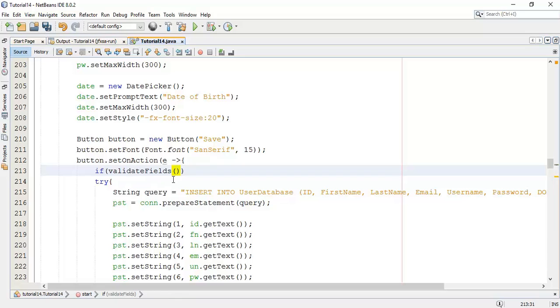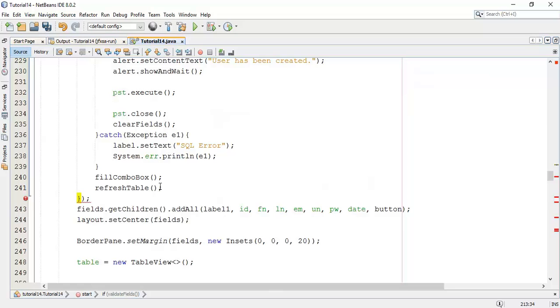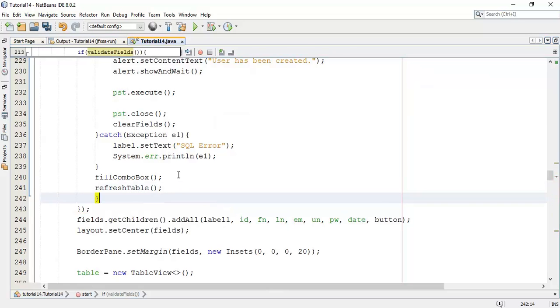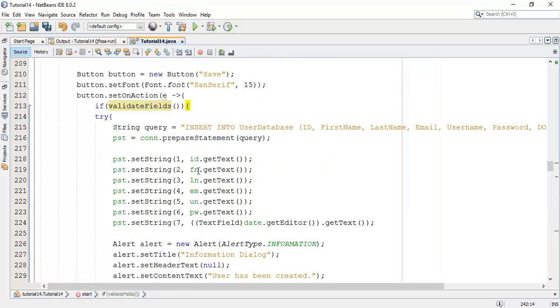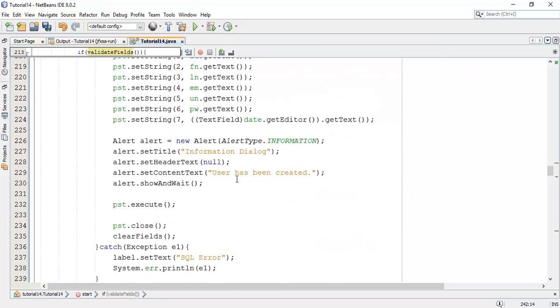So whenever we create a new user, first of all it will check for the validation whether the fields are empty or not, and if the fields are not empty, it will enter into the try catch block. And that user is added into the list.